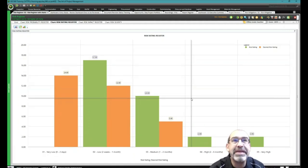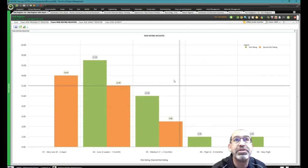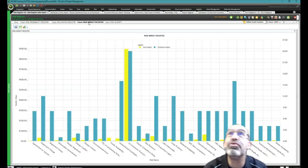So of course, being live, your reports going out automatically as the push report setup will always look different from one week to the other, or from one report to the other. And your dashboards will obviously also change basically on a daily basis, or maybe even sometimes on an hourly basis. Again, also the risk impact register. There you go, looking at